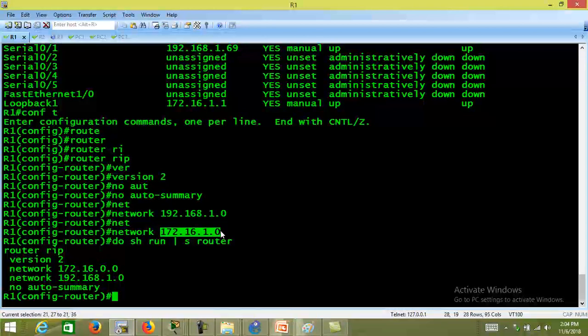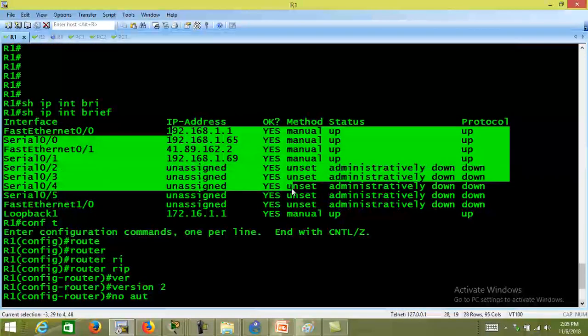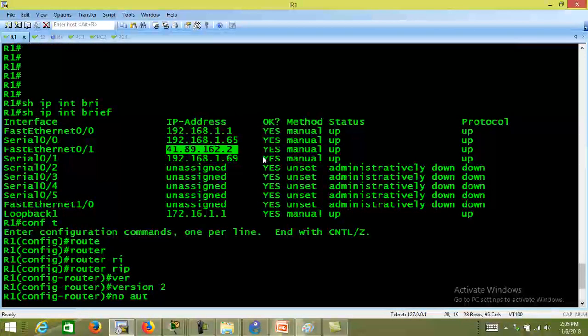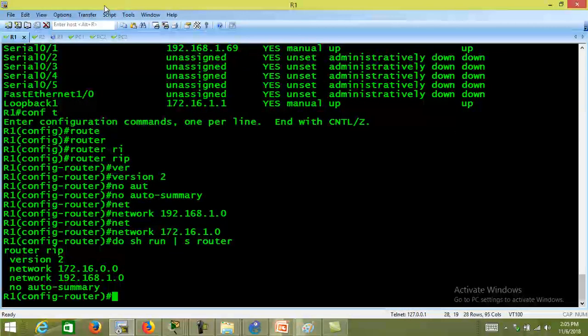So you can see we have typed it in a classless or CIDR manner, and you can see that it has summarized back to class B, the default. In the exam environment you're supposed to type it like this. If you type it the other way, it will deduct marks. You're supposed to type them in their classful manner. And just like that, we have catered for all the networks, apart from this one, which we will remove. We have catered for all the networks